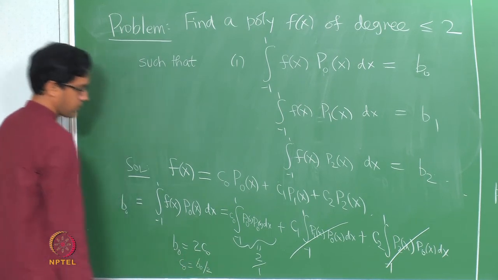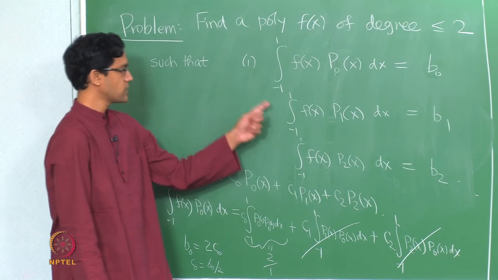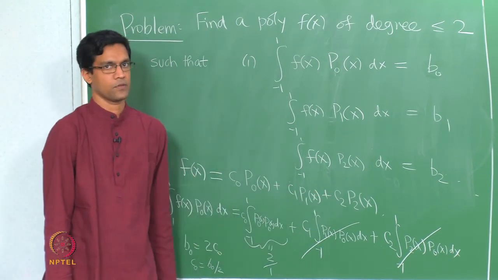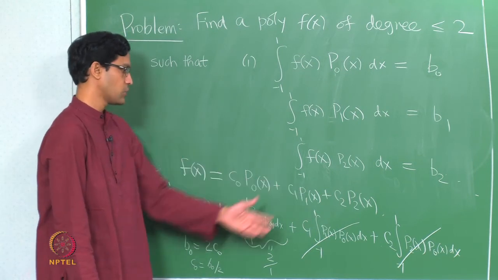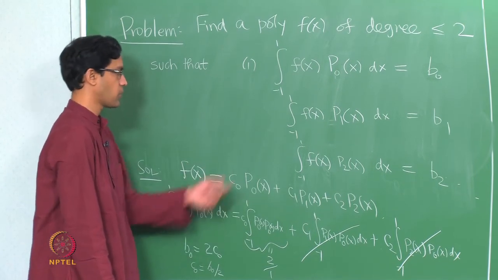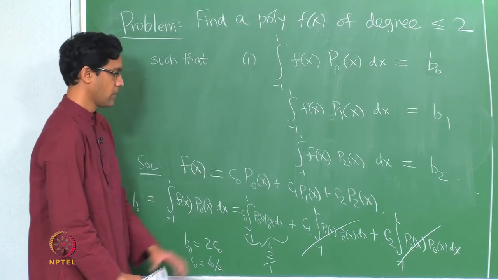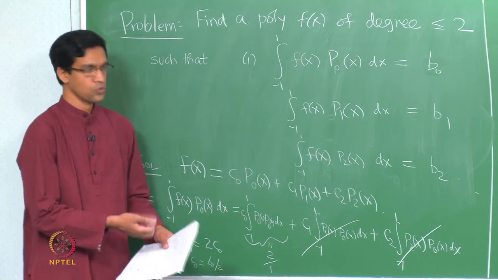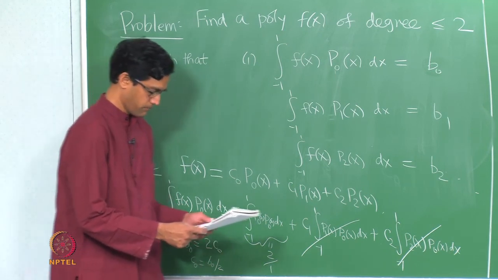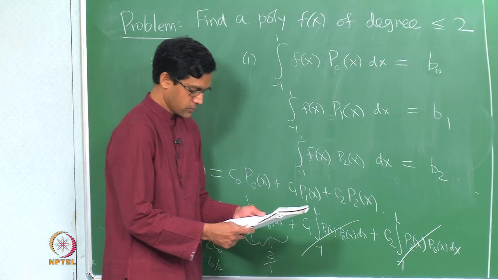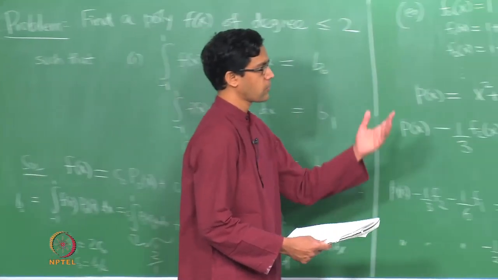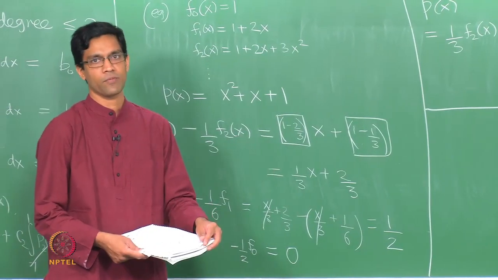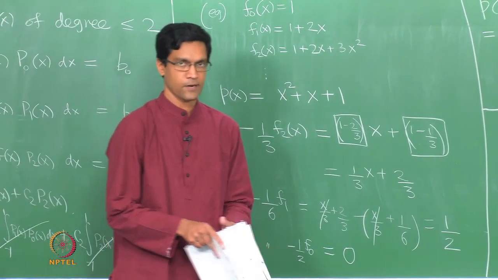Okay. So in essence giving these 3 conditions gives you a way of determining these 3 constants more or less instantly. Okay. You can figure out what c0, c1, c2 are by just multiplying both sides by the corresponding pi and doing the integral. And the key property here really is the orthogonality, that is what really helps you to do this step. Okay. So this is sort of why Legendre polynomials turn out to be important. They have this very nice orthogonality property with respect to the integral.